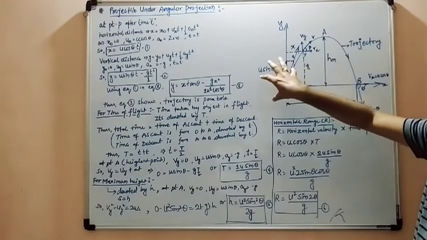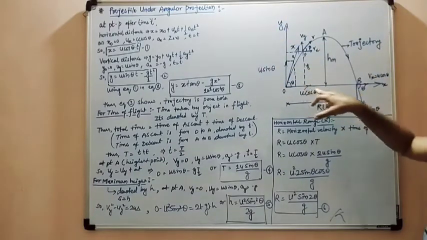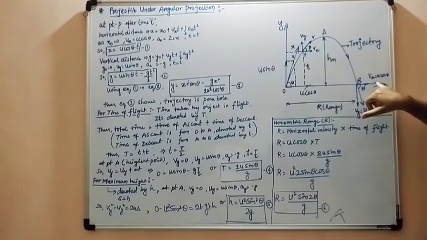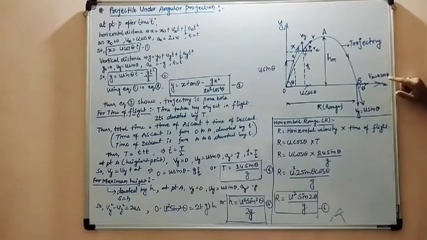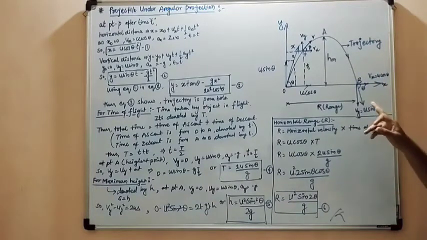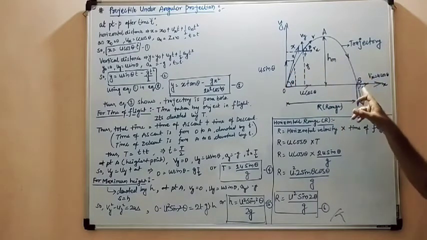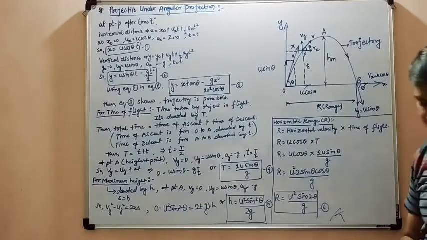Here we also have to find the velocity components. Whenever an object has an initial velocity, it also has a final velocity. Since the initial velocity has the components u sin theta and u cos theta, the final velocity has similar components. At point B, the final velocity component Vx is u cos theta, and the vertical component is u sin theta, but in a downward direction. The angle made by the particle at the starting point is the same as the angle at the ending point, that is, at B and at O the angle is the same. So let's start the derivation.